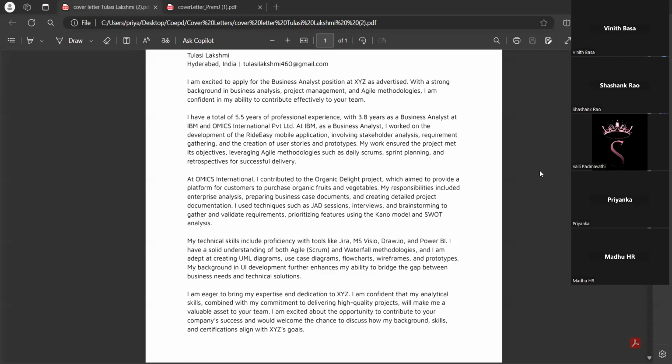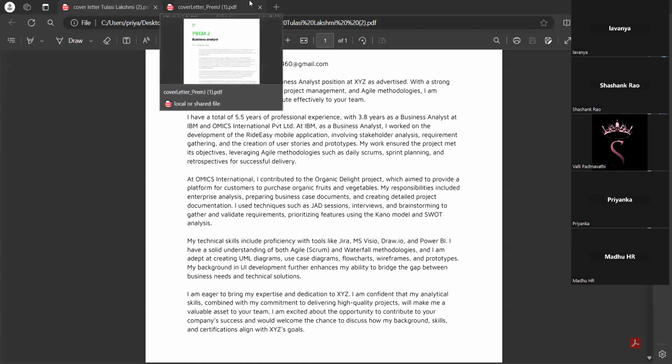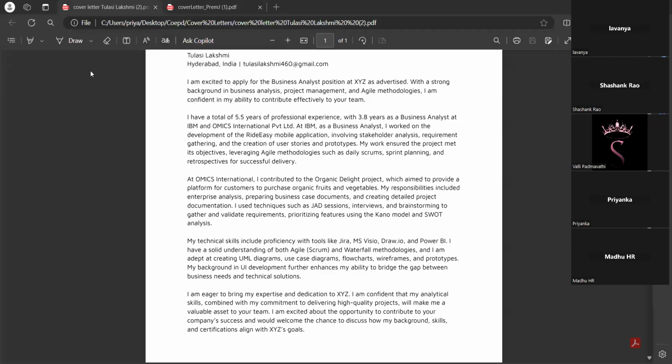Next question: what is the difference between wireframes and prototypes? Yes. In wireframes, there is no real-time connection; we can only see the layout. Whereas in prototypes, you can see the flow, how it is moving. Let me give an example with the register screen in my Ride Easy project.